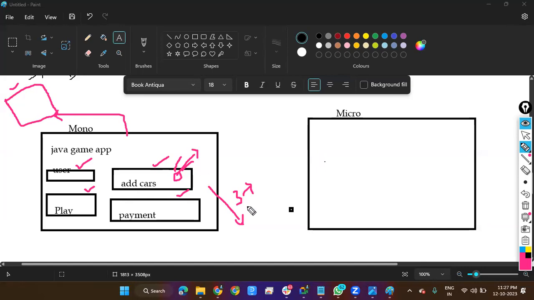Now your three users are actively using it. Even though you are actively using it, you want to update. So this is not going to be possible in monolithic. Why? If a developer is doing this, this service is dependent on this user. This user is dependent on play. This is also dependent on the payment. So these connections are there. One section is dependent on another. Okay. So these four sections